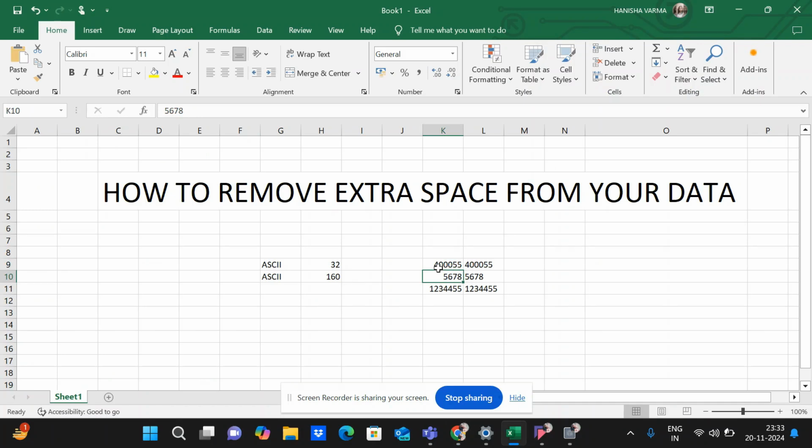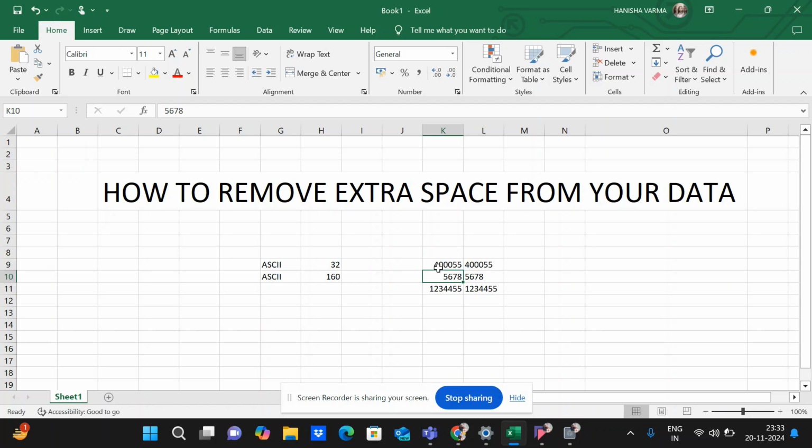the extra spaces also. So if you copy any data with extra spaces and you are trying to map it with the VLOOKUP or a different formula, sometimes the accurate result will not come because it has taken the multiple spaces from the data. So basically you have to run the formula where it will remove the extra spaces.